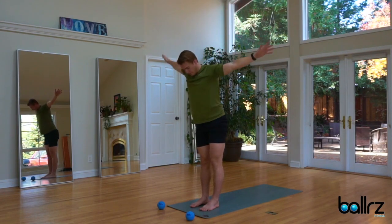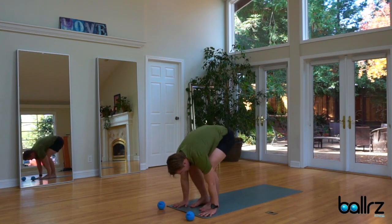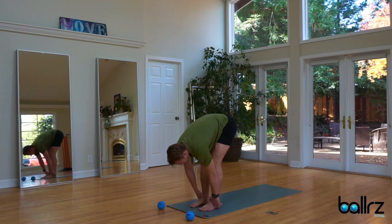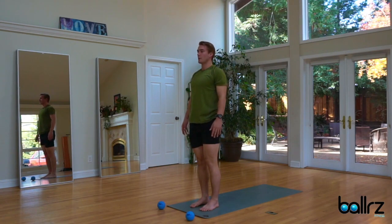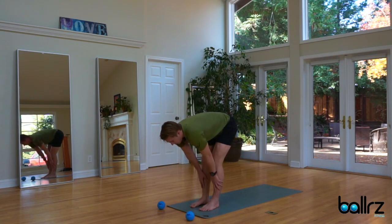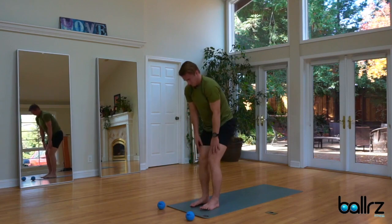Exhale, forward fold. Plant the palms on the shins, halfway lift, and then bring the hands down for the floor and roll yourself all the way to standing. Forward fold, halfway lift, deepen that forward fold, all the way back up to standing, palms up,